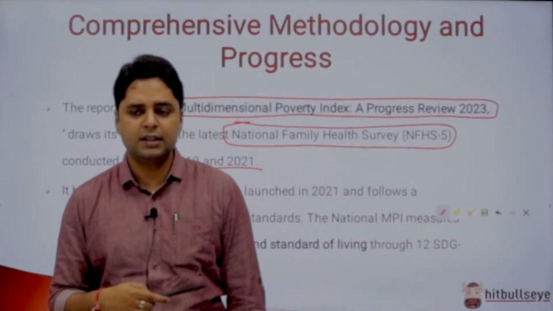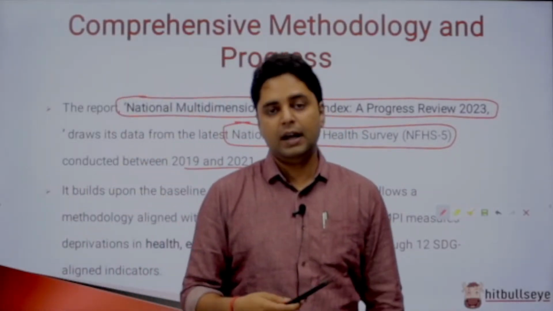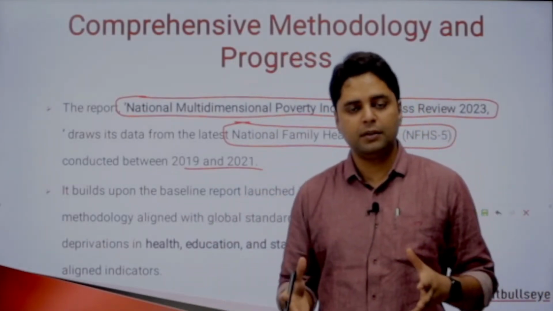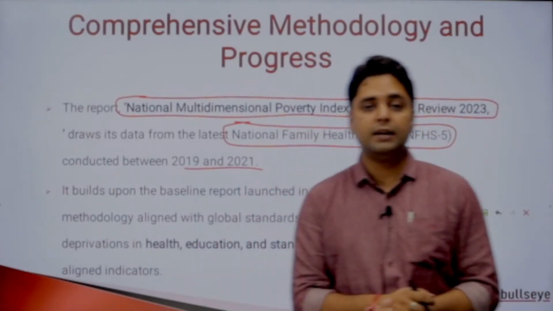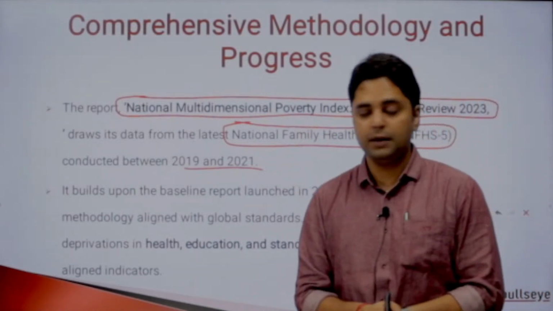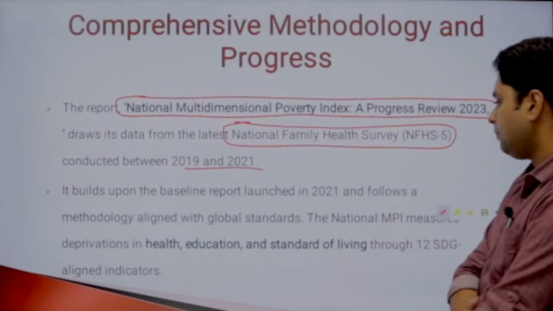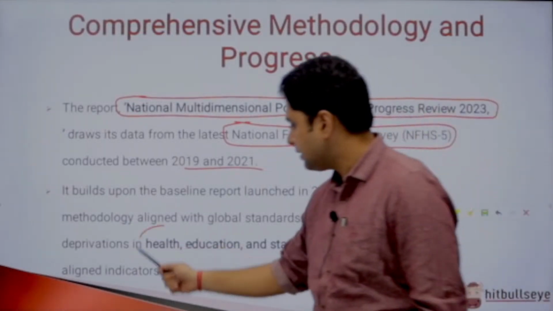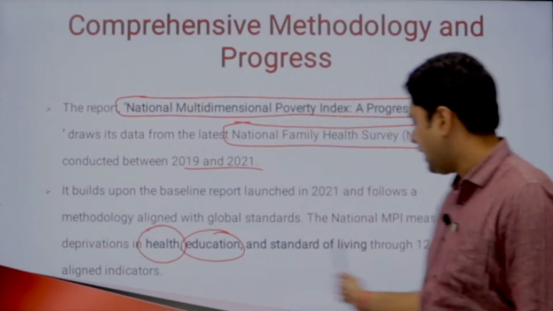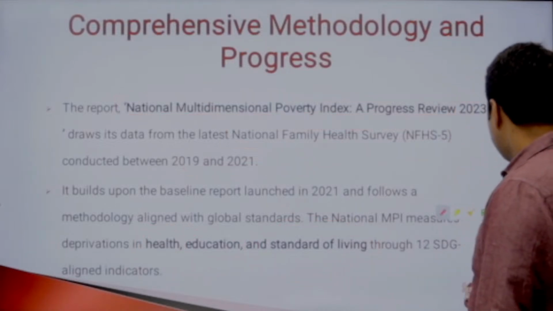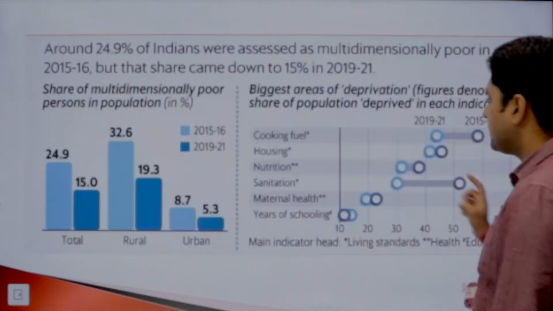NFHS is the second most trusted and authentic source after the census. तो सेंसस क्योंकि हो नहीं पाया अभी तक, और उसमें वैसे भी इस तरह का डेटा शायद कलेक्ट नहीं किया जाता, नेशनल फैमिली हेल्थ सर्वे के बेसिस पे ये डेटा आया है. तो इसमें भी 3 क्राइटेरिया जज किए जाते हैं, हेल्थ केयर, एजुकेशन एंड स्टैंडर्ड ऑफ लिविंग, the same thing. Now let's take some specifics of India.